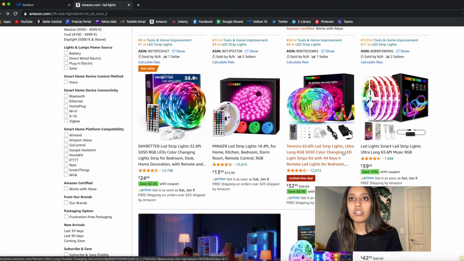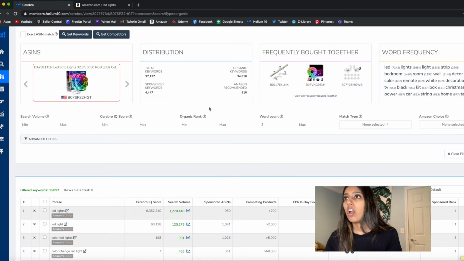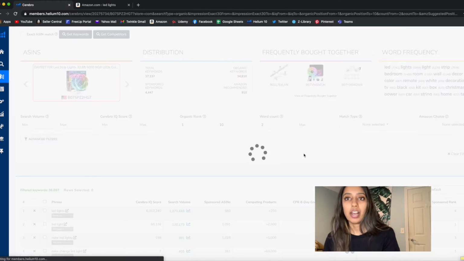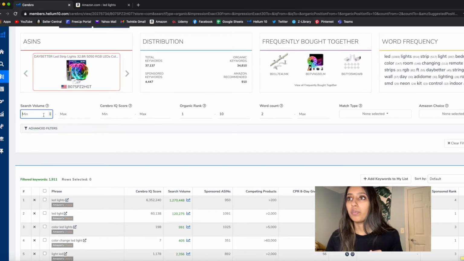I feel like most sales come within the top 5 or top 10 positions. So that's why I'm putting 1 through 10 positions here, because I feel like most sales are generated through the top 10 positions. You can also do 1 through 20, but I want to get the most relevant, highest converting keywords. So that's why I'm going to put my range as 1 through 10, the first 10 positions within that category. Now this is going to break it down, and we're going to get the organic keywords. If I want to break this down even more, I can make the search volume minimum at least 1,000. I don't care for keywords that are less than 1,000 because